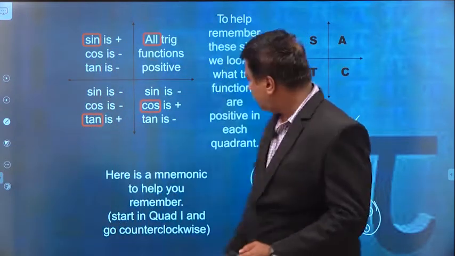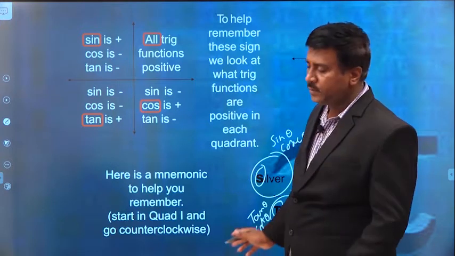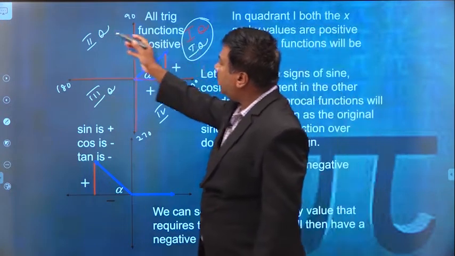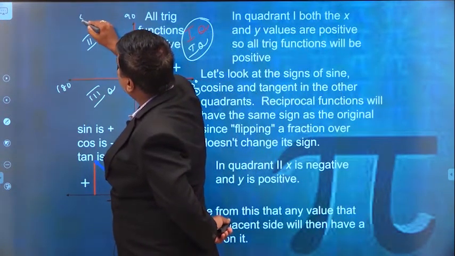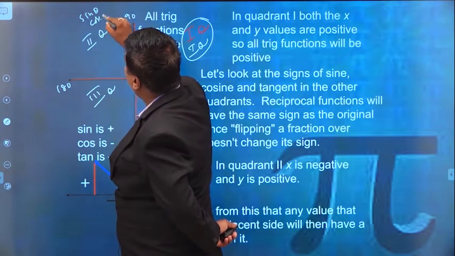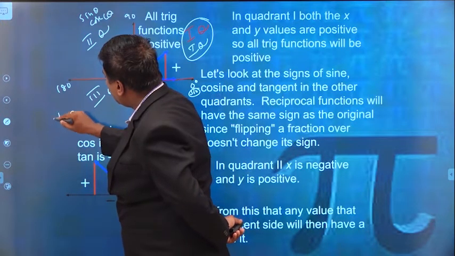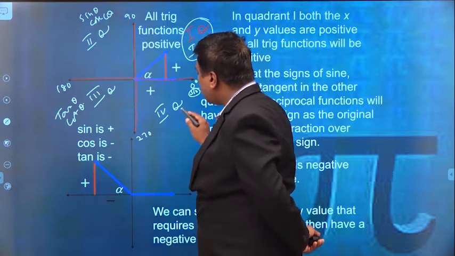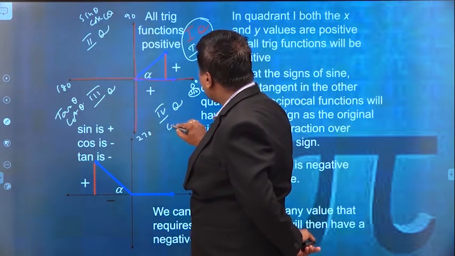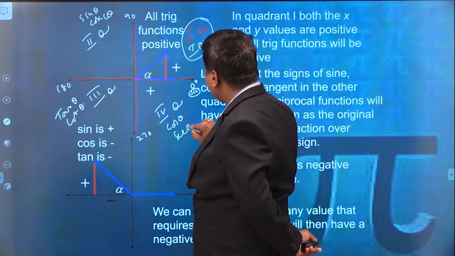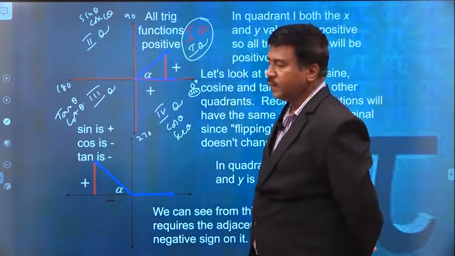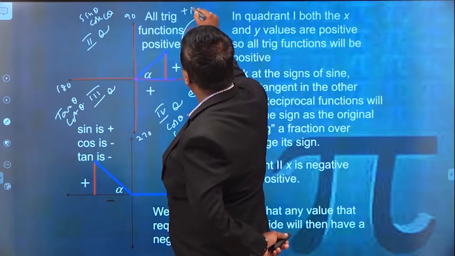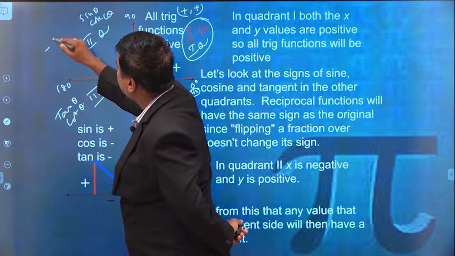So that is why I have to split it like this. That is All Silver Teacups. This is the formula I have to apply. Now, again you have to start. This is called All. Next, in the second quadrant, only sine theta and cosecant theta are positive. In the next one, only tan theta and cot theta are positive. And in the fourth quadrant, cos theta and its reciprocal secant theta are positive, and all the others are negative. So here, this is plus, plus, and this is minus, plus.